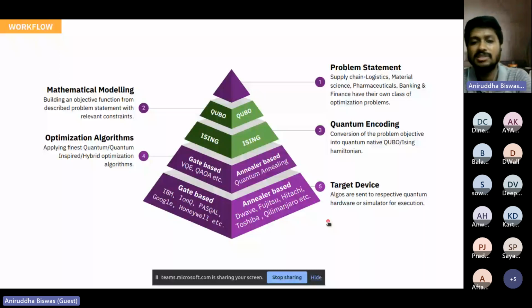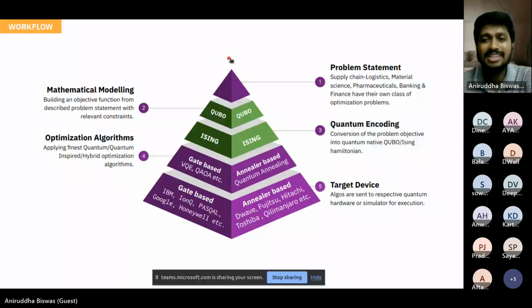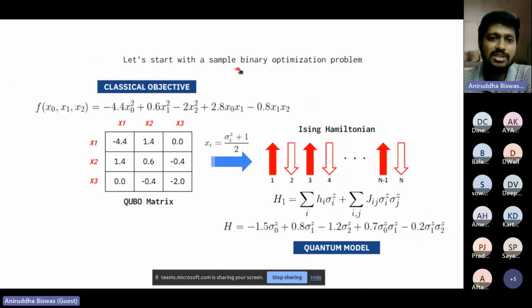As I've already given you some examples of what kind of problems we are talking about, we are talking mainly about combinatorial optimization kind of problems, and TSP is one of the classes, which is an NP class problem. But the examples that I have today are not from the NP class. They're very easy problems to solve. But still, those problems will give you some understanding of how to formulate them, so that if you have some problem, you know how to formulate it so a quantum computer can understand it, right?